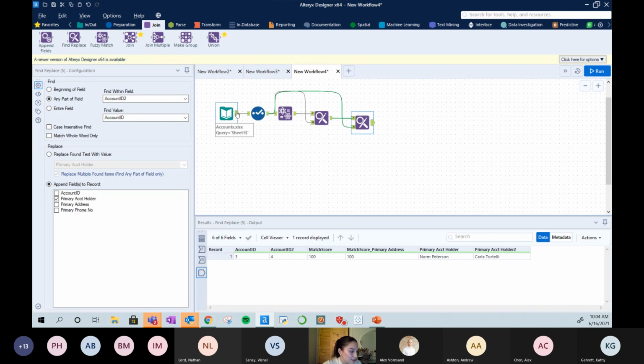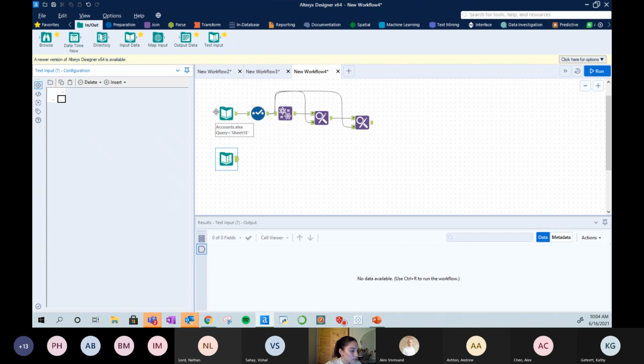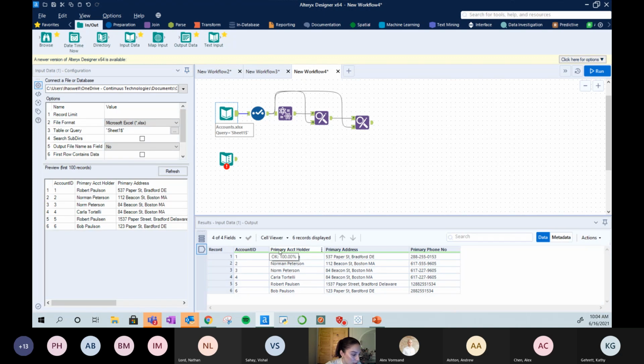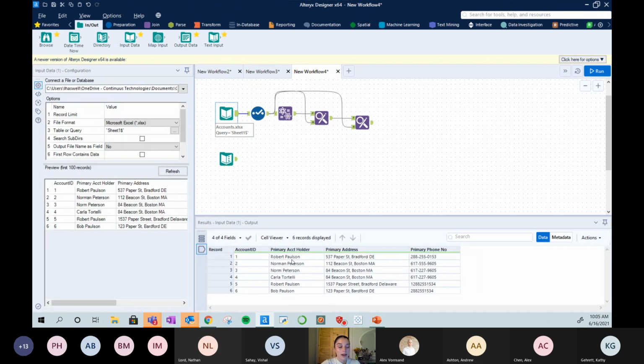Now, what I want to do here, we're going to create our own merge field. So let's build some data. Let's use a text input tool. And we're just going to match the formatting here. It's going to be primary account holder. Okay, so we have 3 people in this data set. We want to specify what is the correct spelling for all of these. So let's just do,